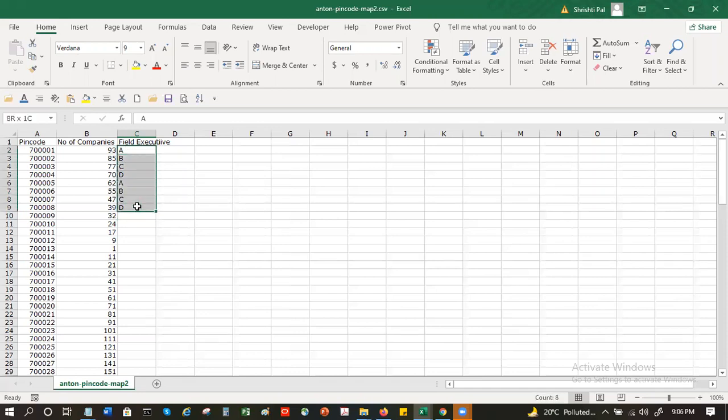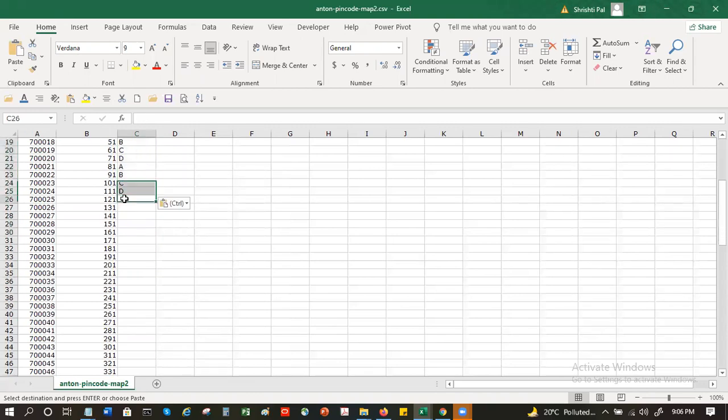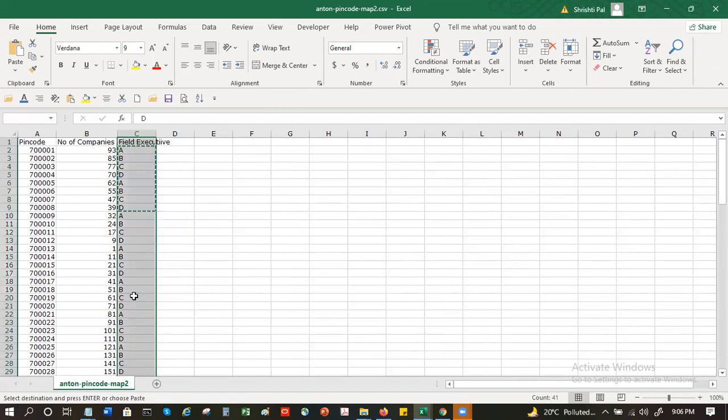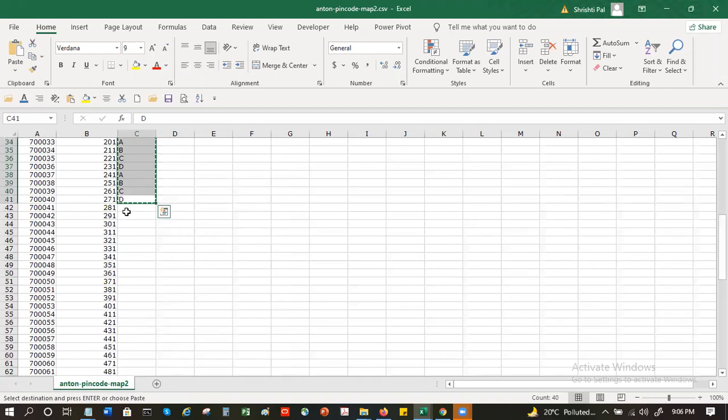Yes, say one particular individual would be handling around 10 to 12 pin codes. Pin codes. Okay. Here I think it only works on 2 columns.